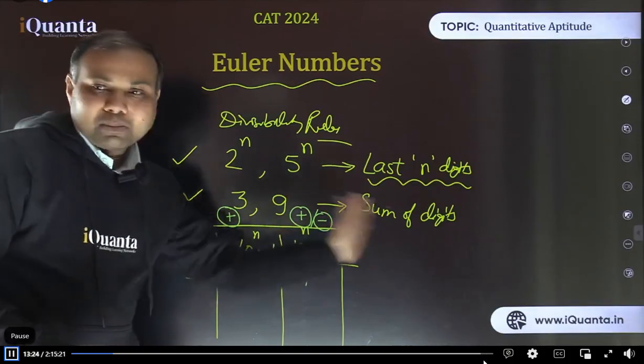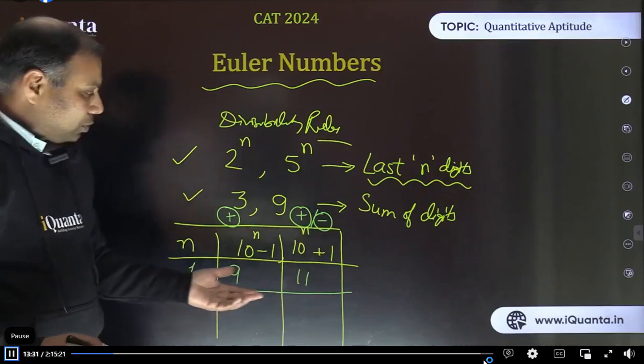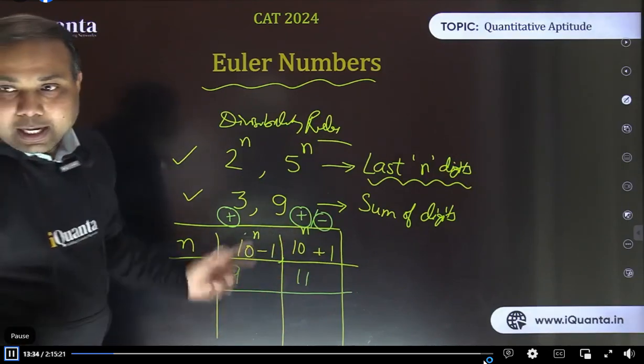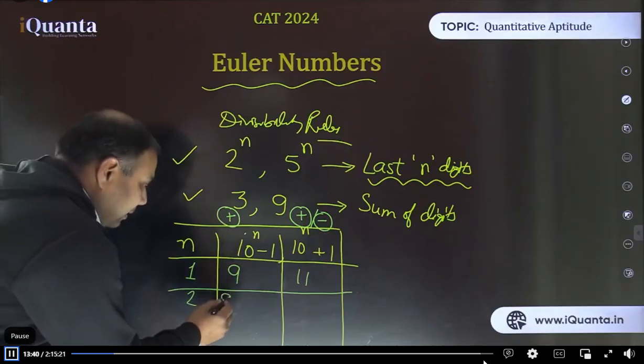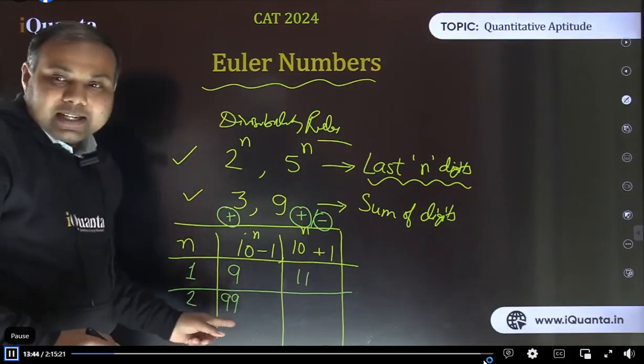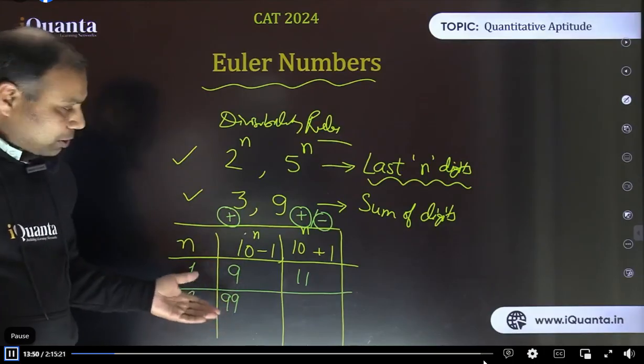Now in this grouping we are starting from the rightmost end. Both 9 and 11, these rules you already knew, so they also fall into basically this category. First, if I put n equals 2, this divisor becomes 10 square minus 1, that is 99. So what is the rule for 99? We need to make groups of two digits at a time and add them all. That's the basic way. You have solved some questions based on this.